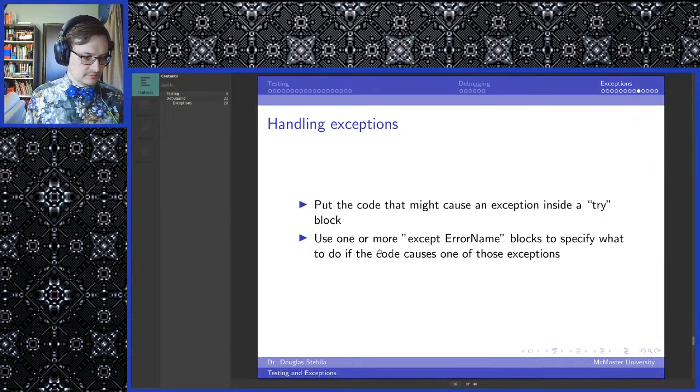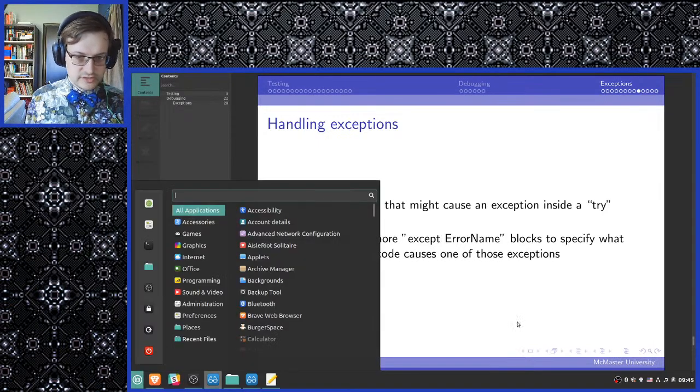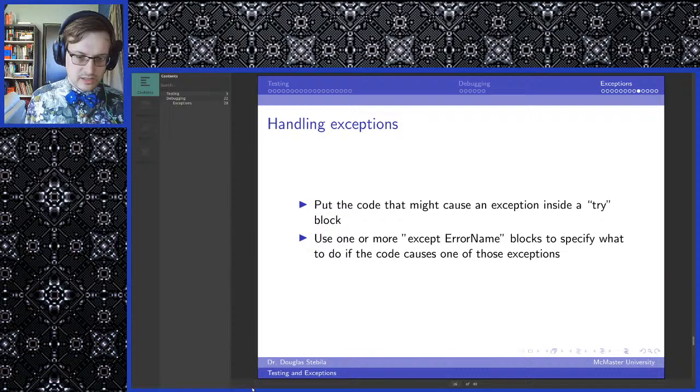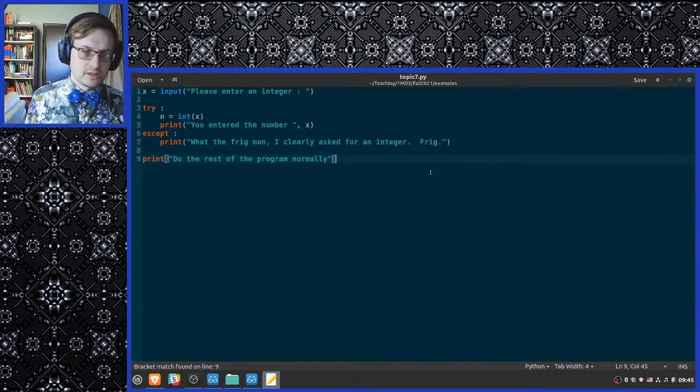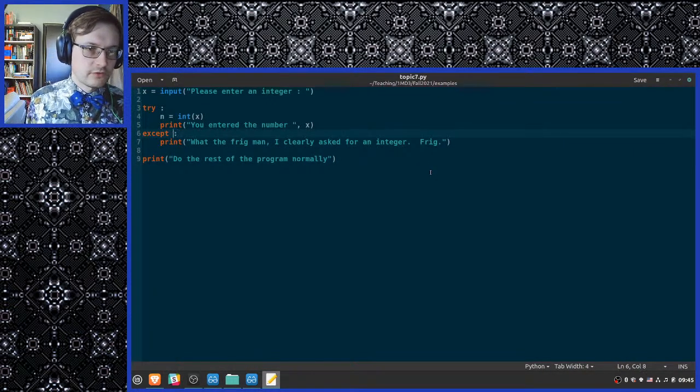There you go. Does except catch any exception, or can you handle different ones separately? Good question. You can actually catch different types of errors by specifying them in the except block. So for example, if you want to catch a value error,